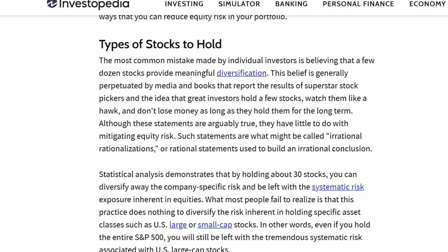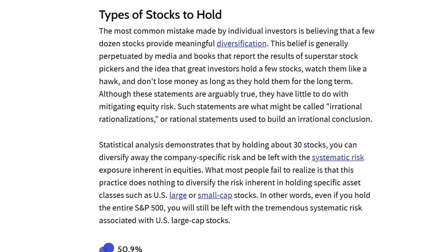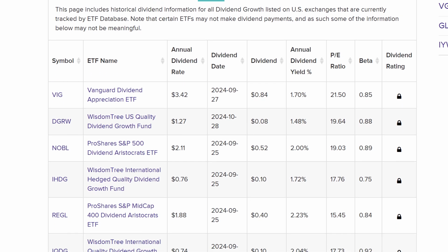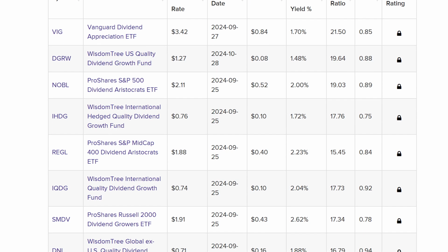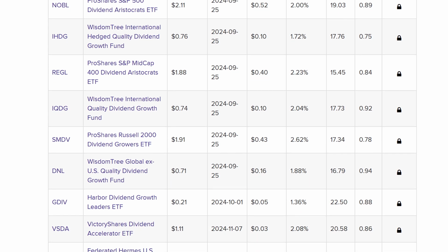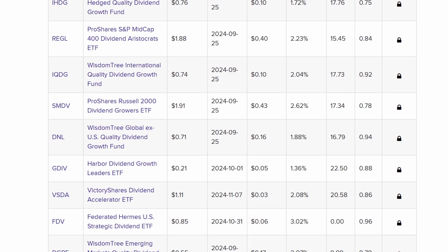If you want to build the portfolio with just individual stocks, it's generally a good idea to diversify across different sectors to spread out your risk. You could also consider dividend growth ETFs, or exchange traded funds. Think of these as baskets of stocks. When you buy a single share of an ETF, you're essentially gaining fractional ownership of a variety of companies, offering built-in diversification. There's plenty of dividend-focused ETFs available, but some of the more popular ones among dividend investors are SCHD